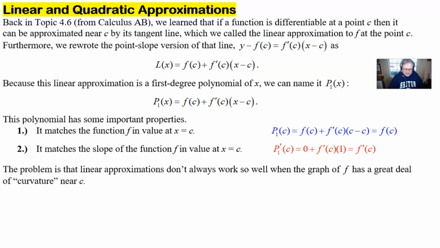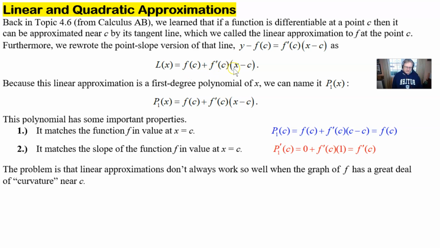Now, if you remember a little bit, what we basically did is we used the point slope formula. That's all this is. y minus f of c is equal to f prime of c, the slope of the function at that c, times the quantity x minus that particular x value, which we called c. This is just the point slope formula. If you were a student of mine, I like to call the y L of x for linear approximation model. Well, now what we're going to do is basically declare this to be a first degree polynomial